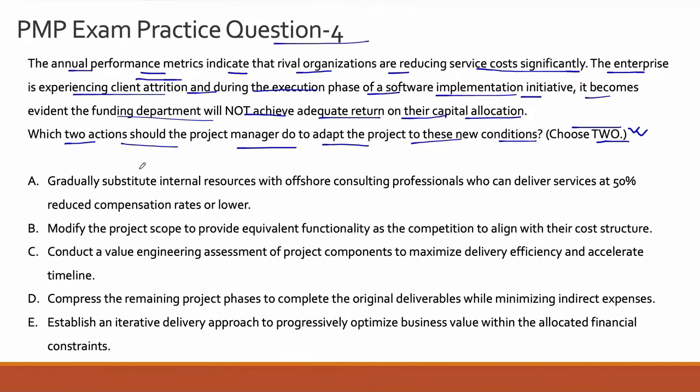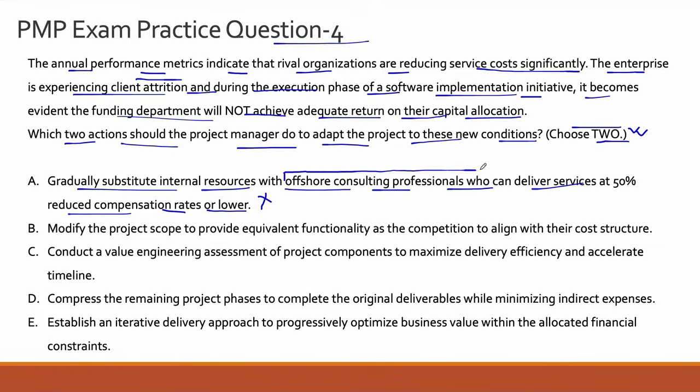Okay. Right. So let's start evaluating the options one by one. Option A, gradually substitute internal resources with offshore consulting professionals who can deliver services at 50% reduced compensation rates or lower. Okay, so this is incorrect, guys, because firstly, during the execution stage of the project, doing this replacement at